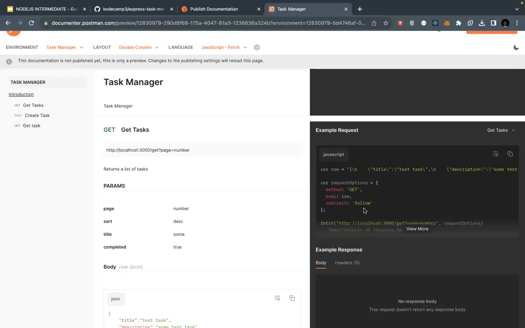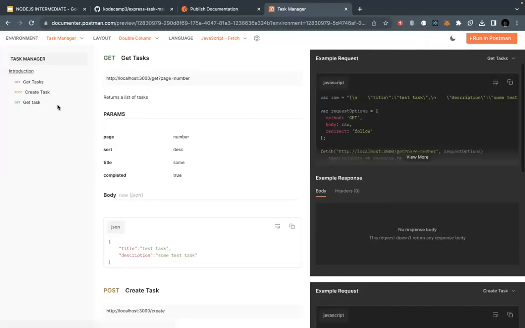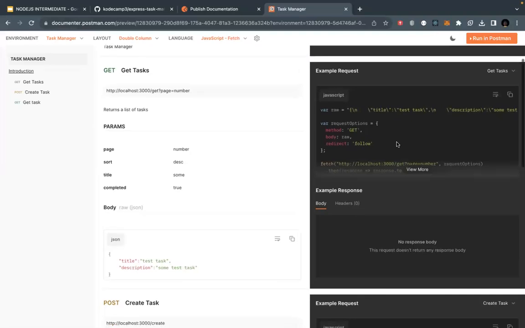And then we can see how, okay, here request options method is get, the body is raw, redirect is follow, and then we can see the URL. We append this fetch with the request options, but it is JSON, not raw. The reason why it's saying raw here is because of the raw type in that. So the raw body title, the task, and the description, and then it's passed in here. Okay, so if we drop to the get task,